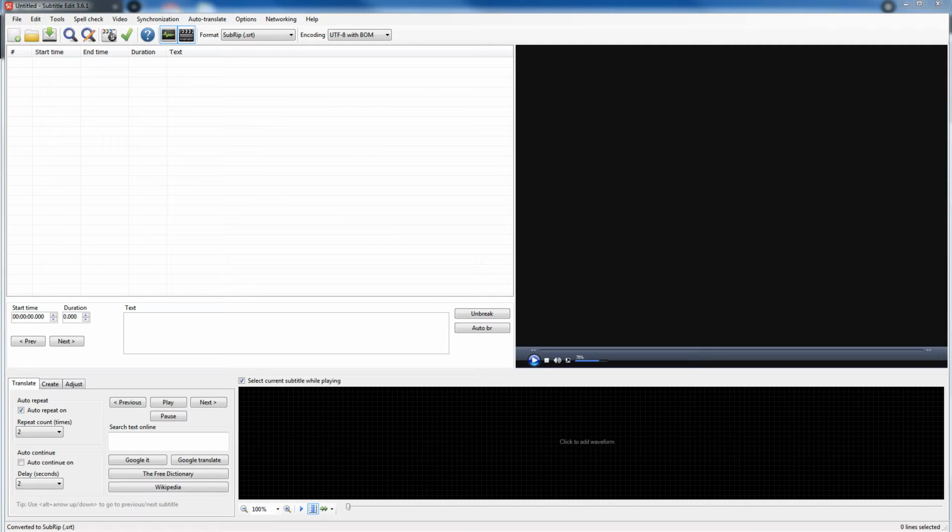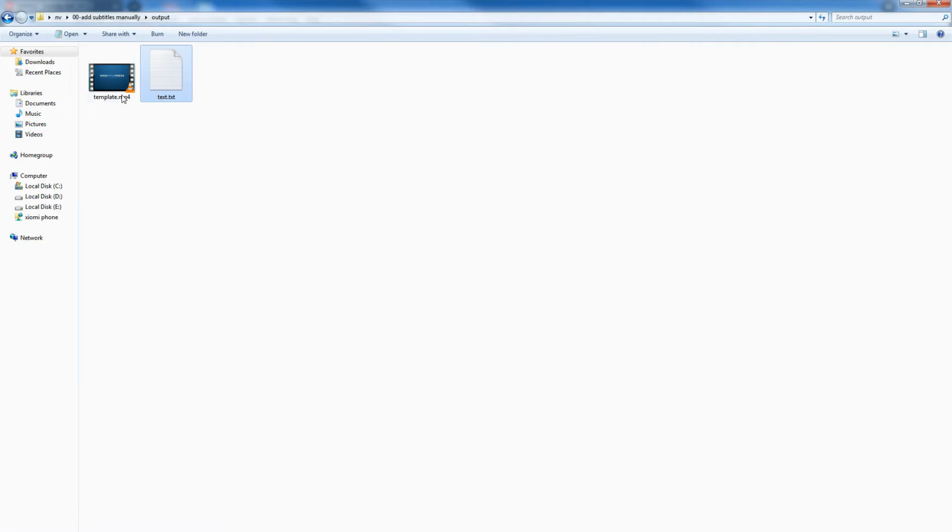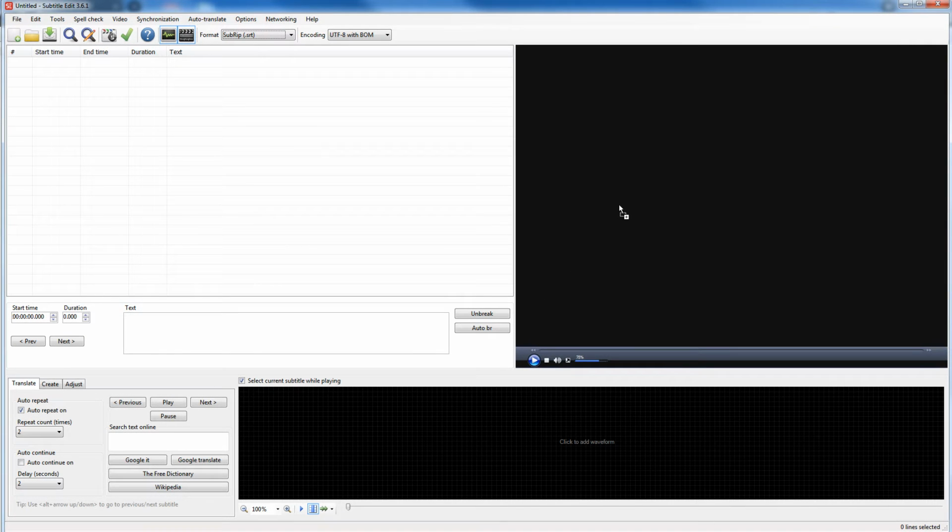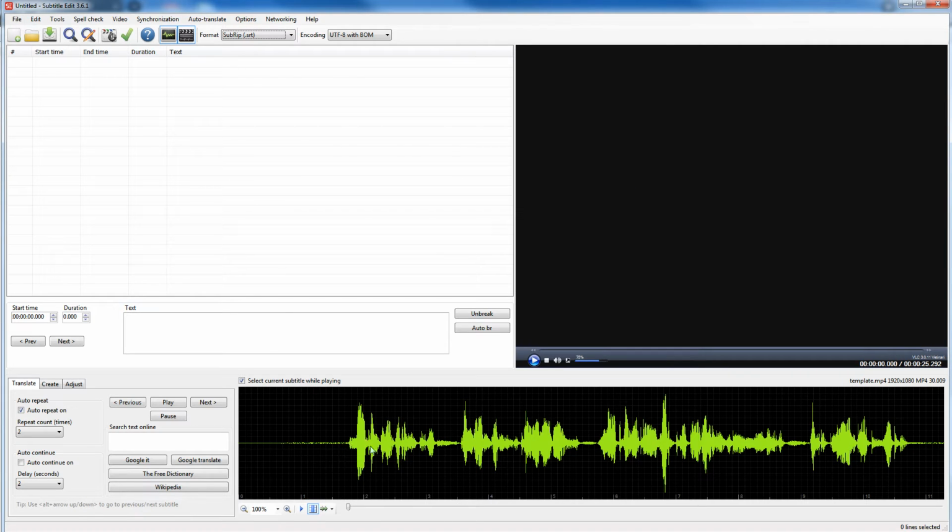Now open the video file in it. This is the video file. Drag and drop here. And as you can see, it generated a waveform below the video. If you don't see the waveform, then click at this area to generate the waveform.